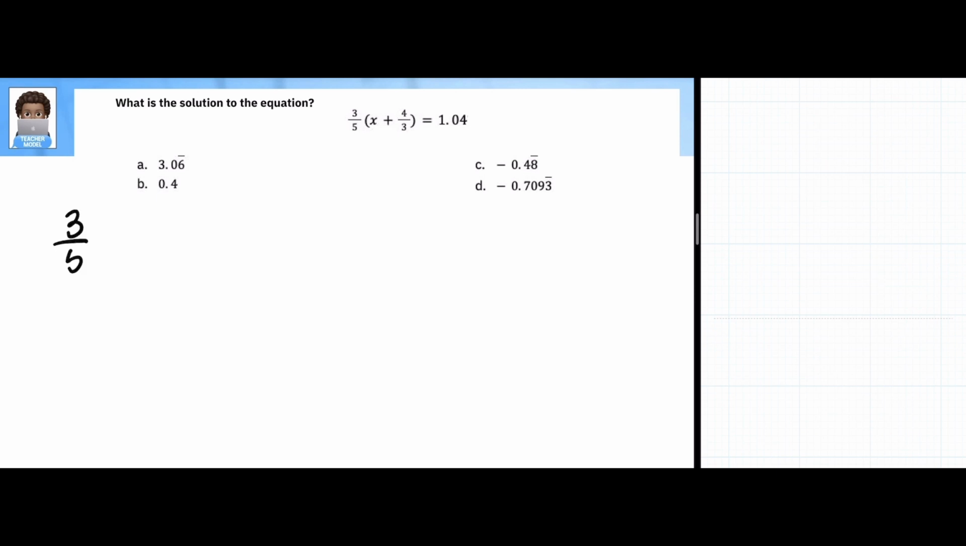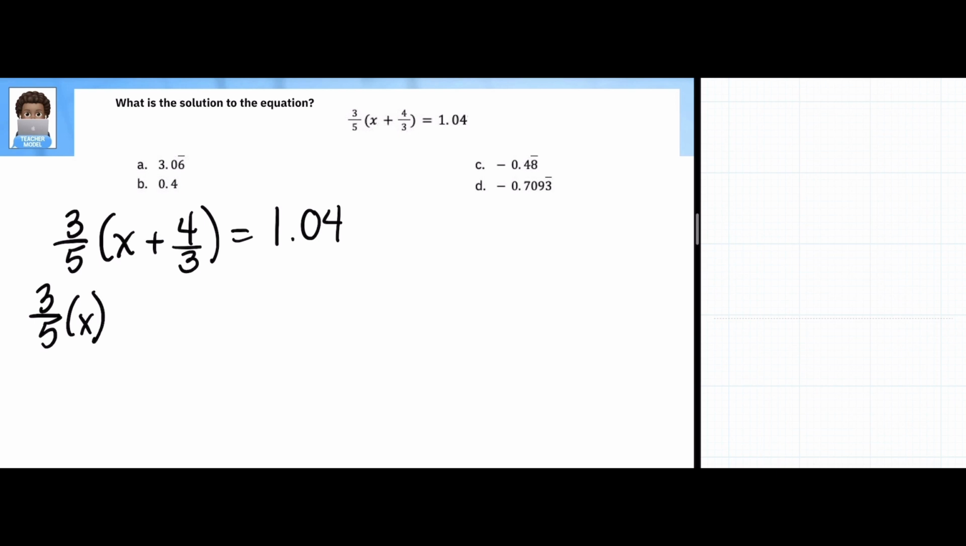So here's my problem. I have 3/5 times x plus 4/3 is equal to 1.400. So I need to distribute first in this problem. So I'm doing 3/5 times x plus 3/5 times 4/3 is equal to 1 4/10. Okay, so 3/5 x plus